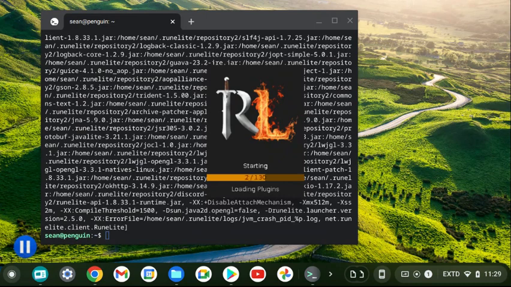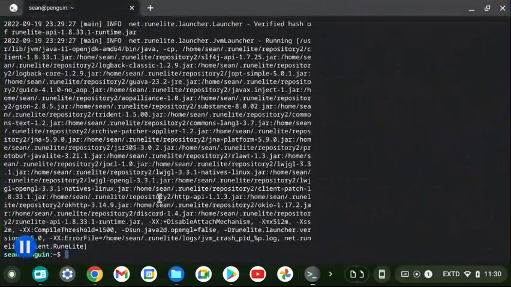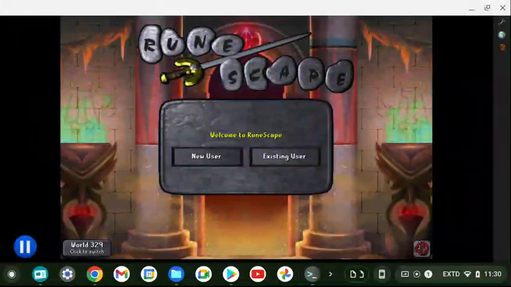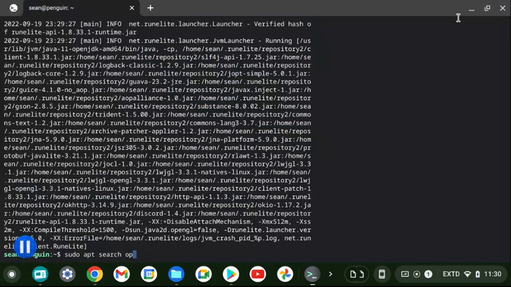If you have any issues while you're busy downloading, or for example, the Java doesn't download, then you want to type in these commands here, because sometimes it doesn't work. I'm going to pull up the commands on the screen. Sudo apt search openjdk. You press enter,